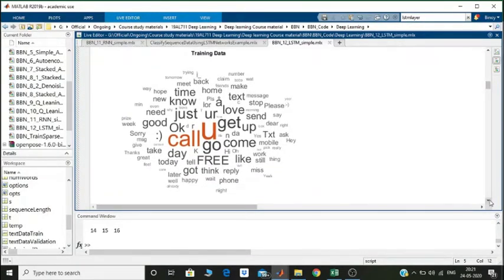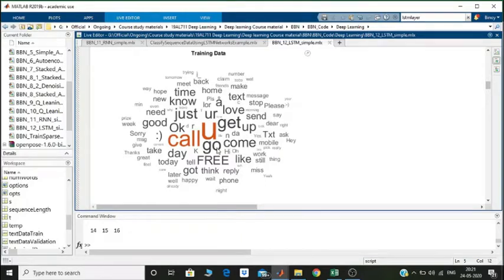And what you come up with is something like this. This is the representation of the words that are present in your training dataset. You can see the bigger words are the ones which are the most frequent. The smaller and smaller sizes are the ones which are less and less used. You will also see that not all the words are present in the word cloud. Only the most frequently used ones you will be able to see here.